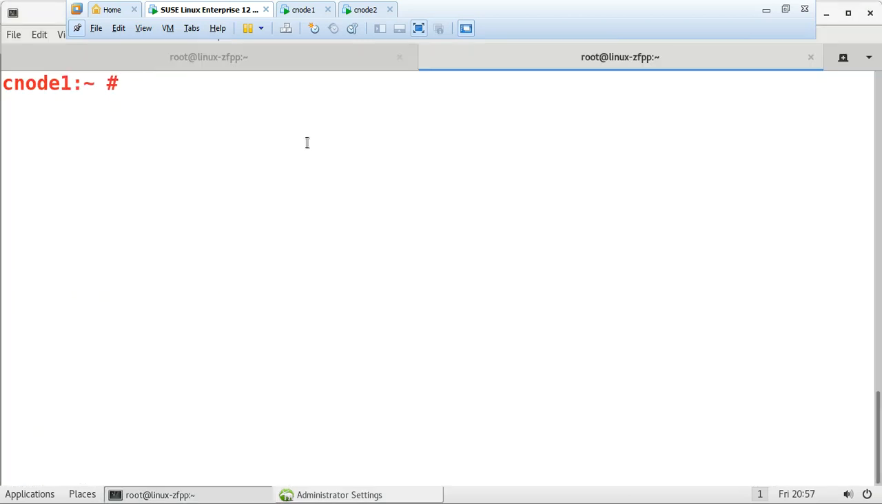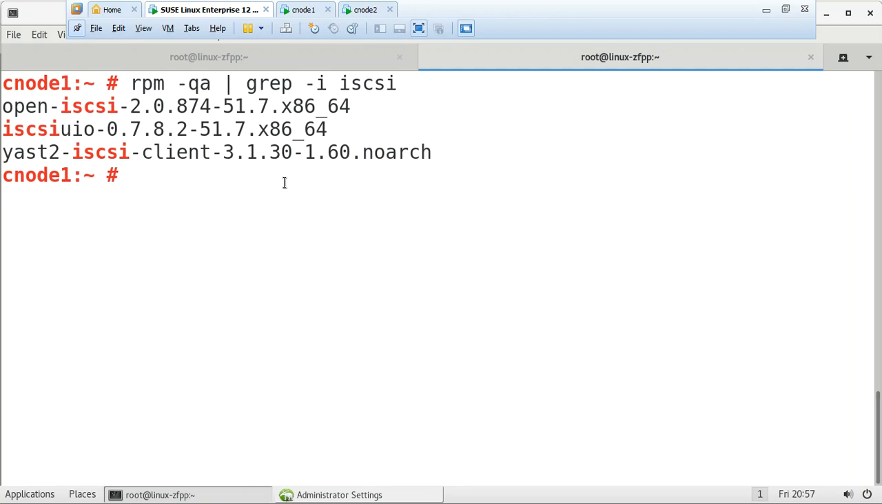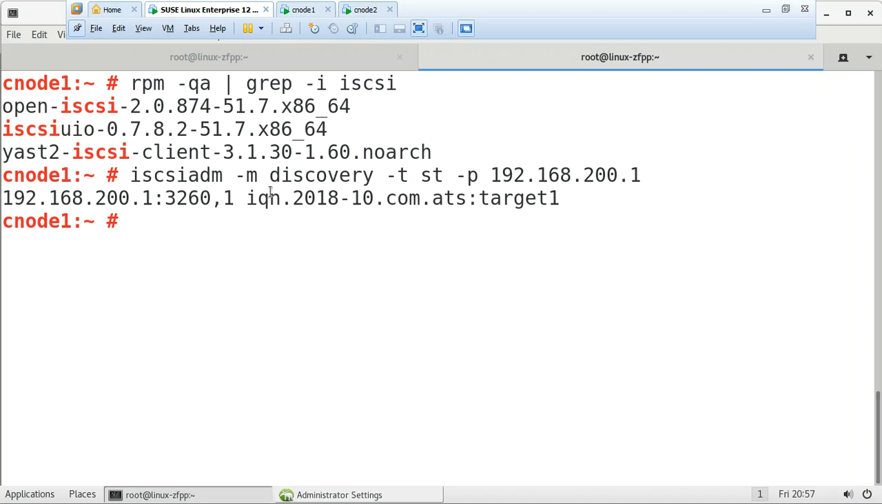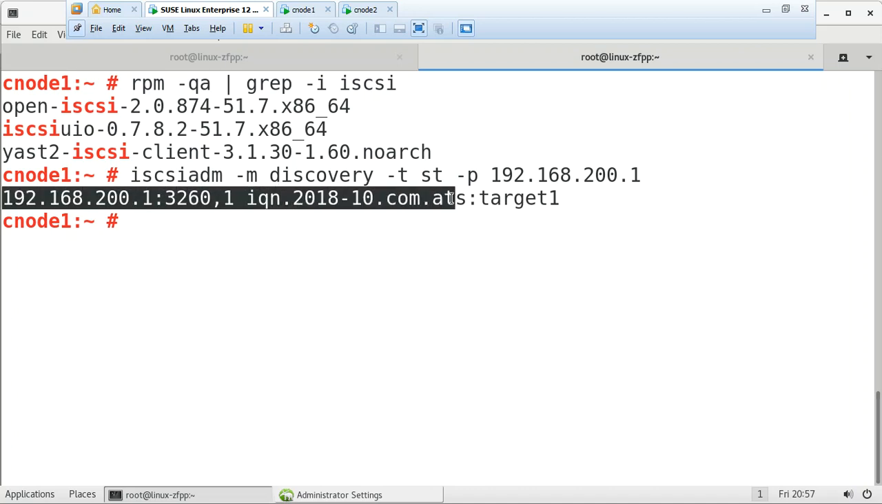Now let us check it by running the command rpm -qa | grep -i scsi. So here we have the SCSI client utility. Simply run iscsiadm -m discovery -t sendtargets -p and the IP of my sandbox. Okay, we got it. So we'll just copy it,